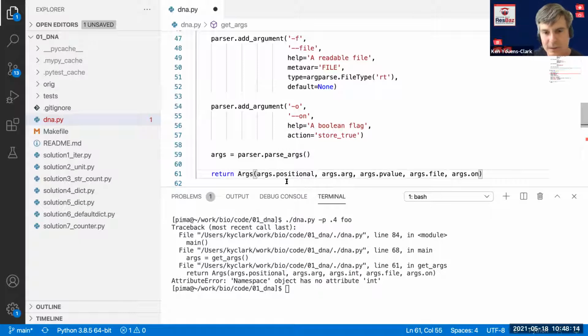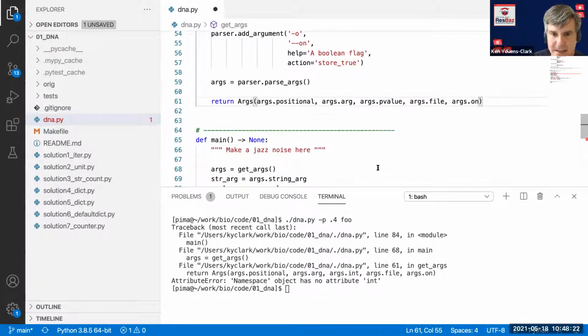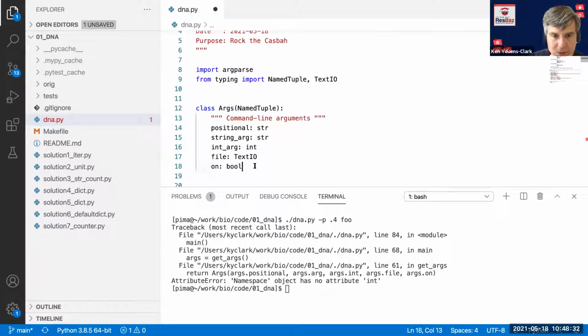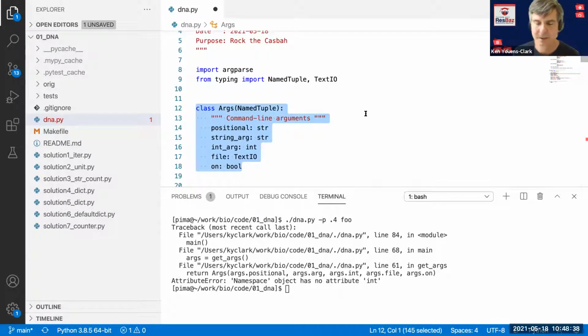So now I have to talk about this args structure. What you saw there was that I was trying to update my code, and I missed a spot. I was trying to reference a field that didn't exist. And the reason is because I created a type to represent the arguments to my program. And so now let's go back and talk about this bit here. I created this class called args. And I said at the beginning that I pretty much detest object-oriented programming. But here I am creating a class. And I'm using this class as essentially like a struct from C, if you're familiar with that. I'm sure Java has something similar.